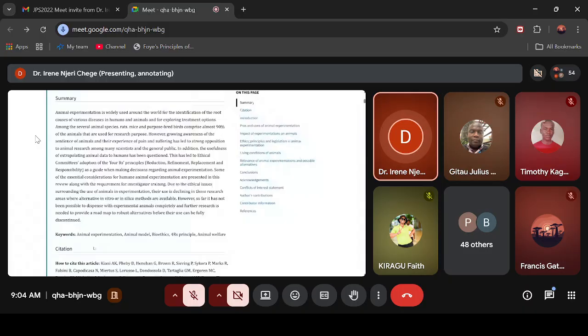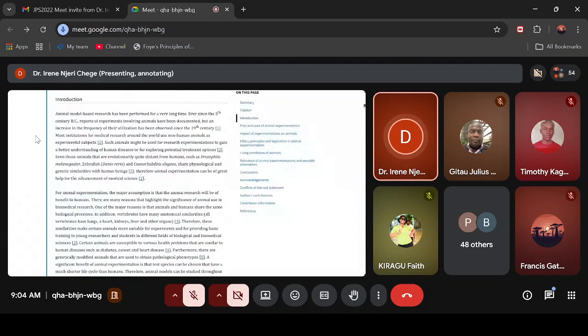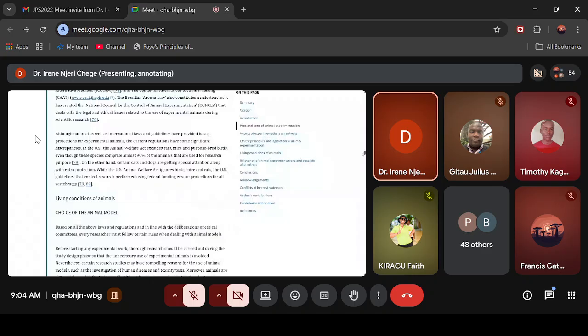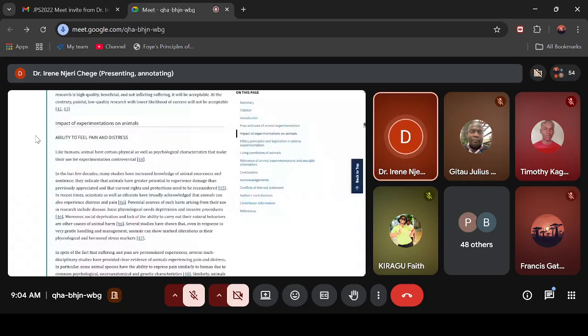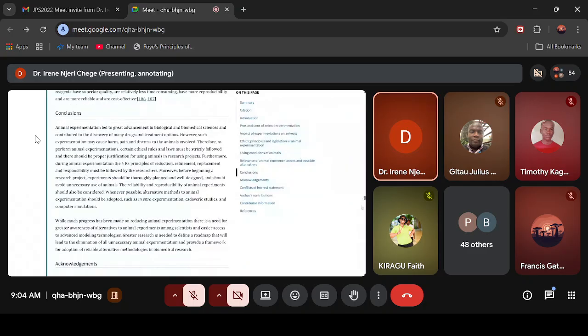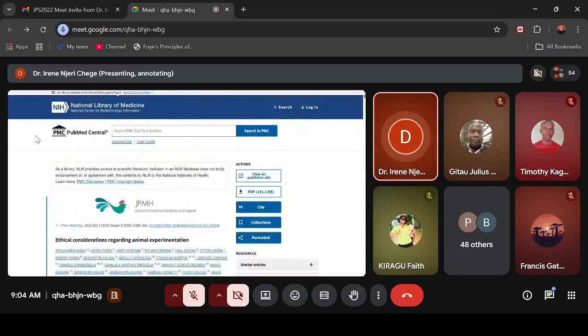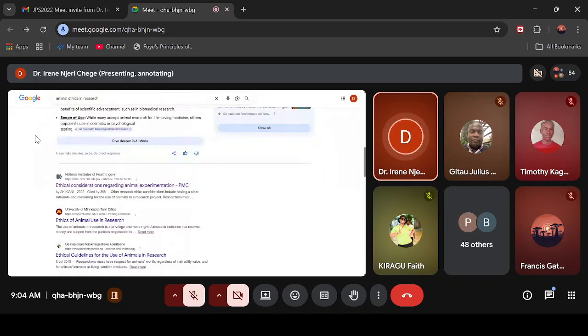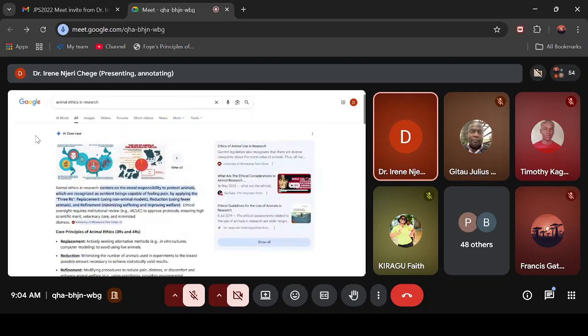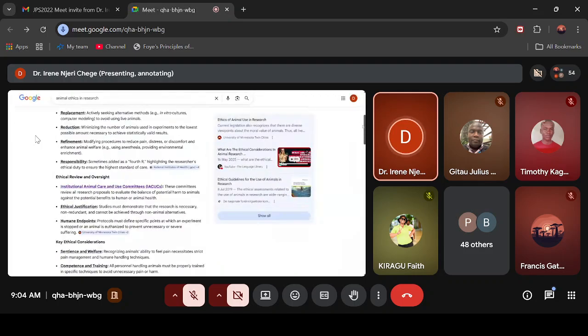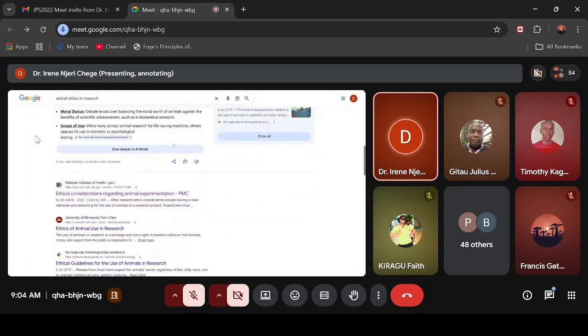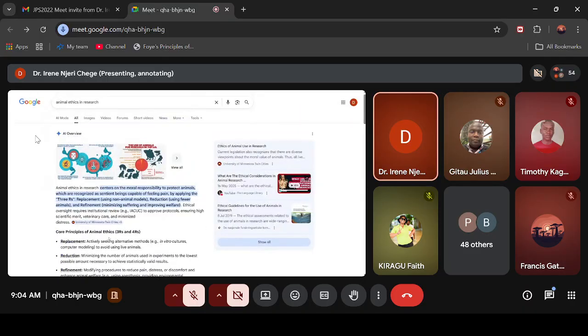So here you have the keywords I've talked about: bioethics, 4 principles, animal welfare. You can look at this article for animal research. Okay. You know, how are they living? What are they eating? How are you cleaning the house? Are you reducing pain and suffering? And you're able to come up with results that can be used. Even these days when you're buying a cream or a lotion, you see, they say this product has not been tested on any animal. For the purposes, you don't want to be the one who is making everything in this world suffer for no apparent reason. Okay, so I wanted to just show you here where